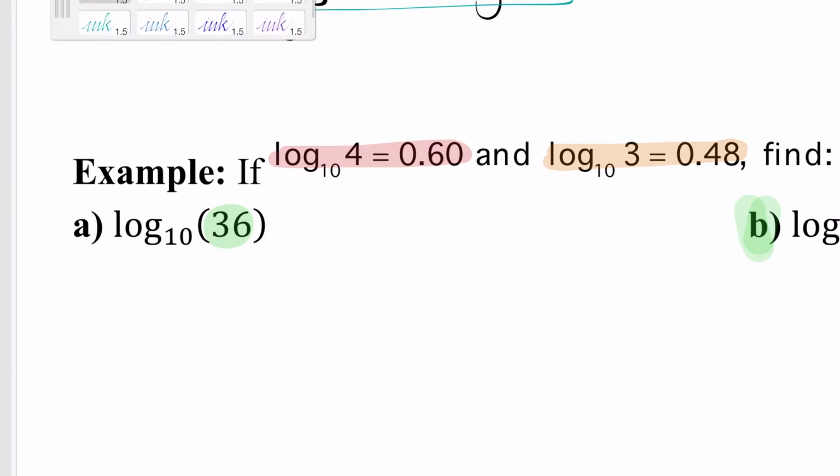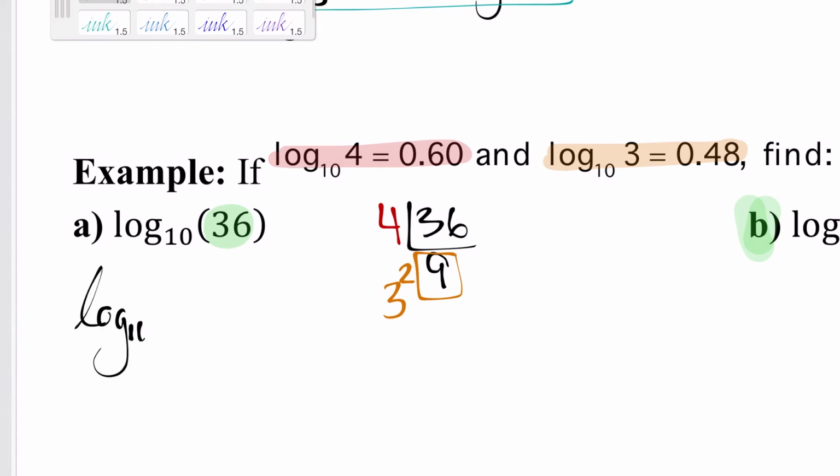So something that I know about the number 36, I know I can take a 4 out of 36. When I take a 4 out, I would be left with 9. And I know I can express 9 as 3 squared. So instead of writing 36, I'm going to be writing 4 times my 3 squared. This is equivalent to 36. If I were to plug 4 times 3 squared into my calculator, 3 squared is 9, 4 times 9 is 36. So I'm just replacing this 36,